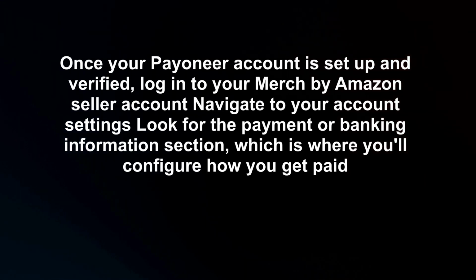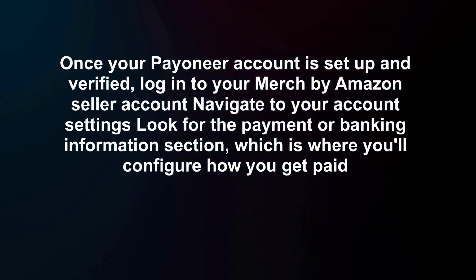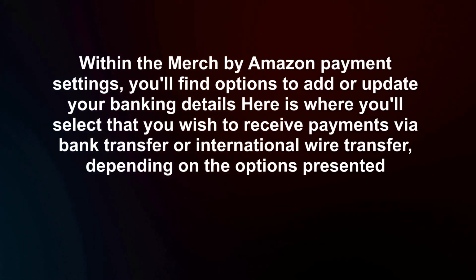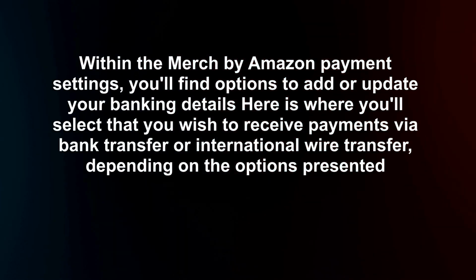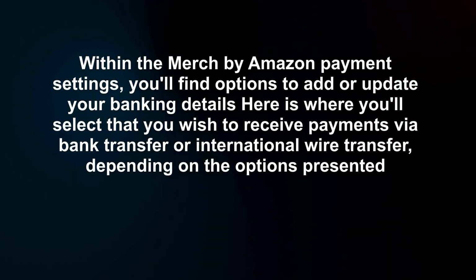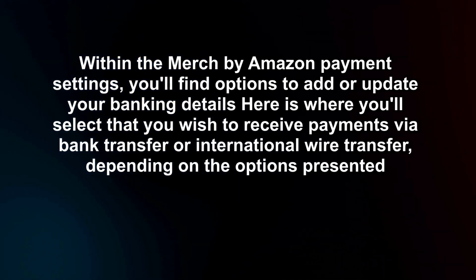Navigate to your account settings. Look for the Payment or Banking Information section, which is where you'll configure how you get paid. Within the Merch by Amazon payment settings, you'll find options to add or update your banking details. Here is where you'll select that you wish to receive payments via bank transfer or international wire transfer, depending on